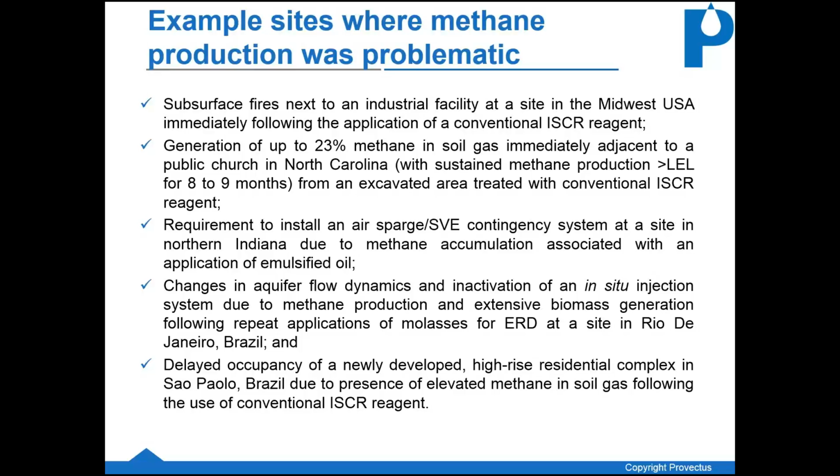For Indiana in particular, and there are other states that have their regulations either forthcoming or already promulgated, they state that if you exceed 28 ppm methane in your